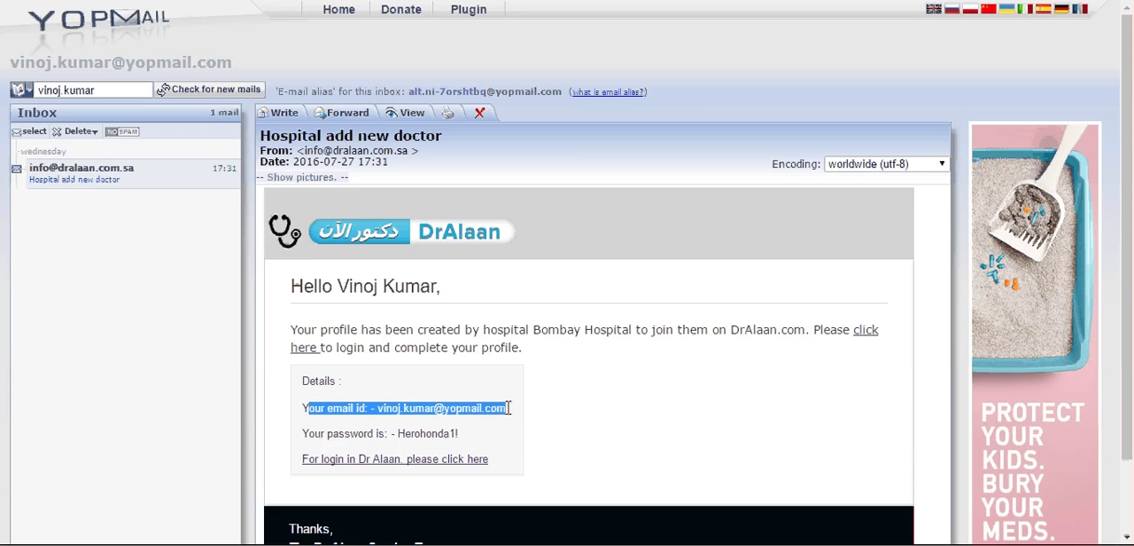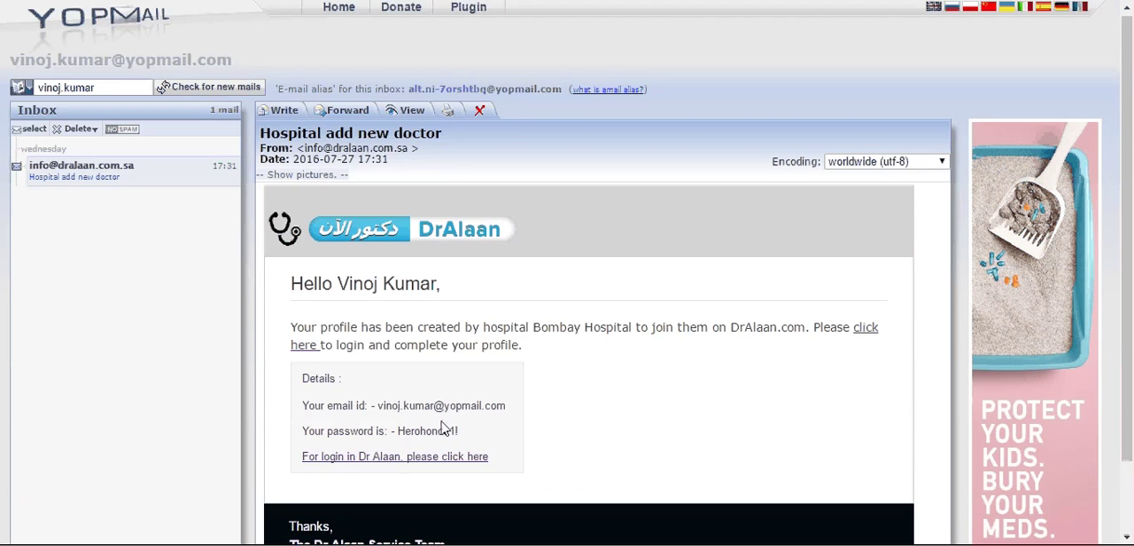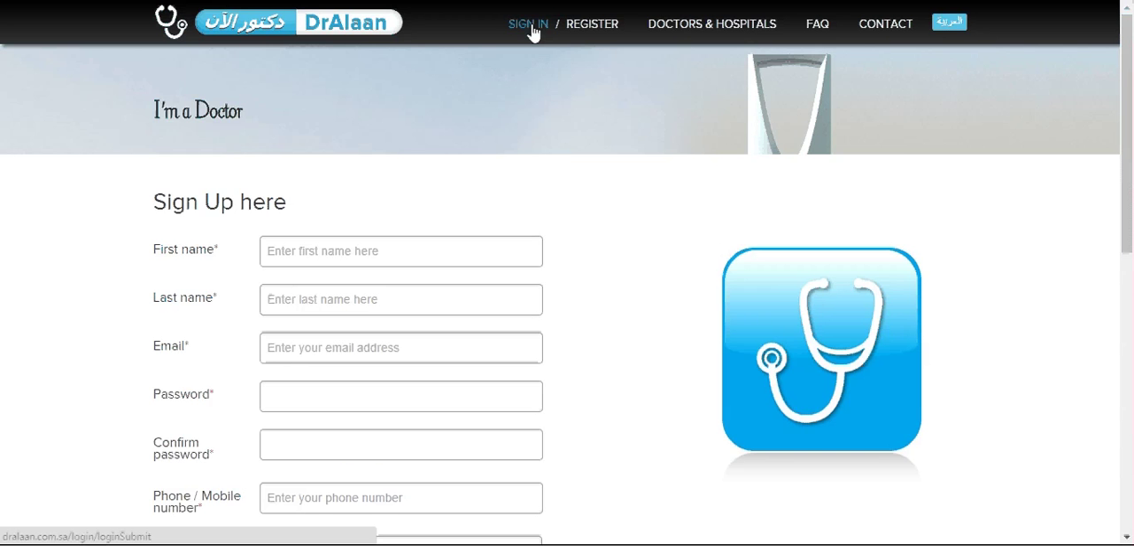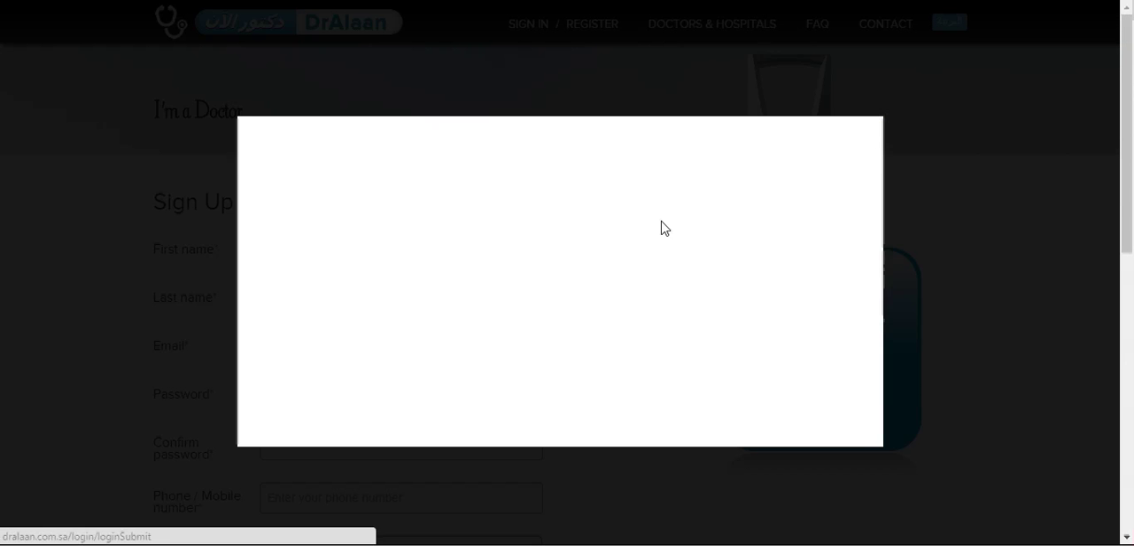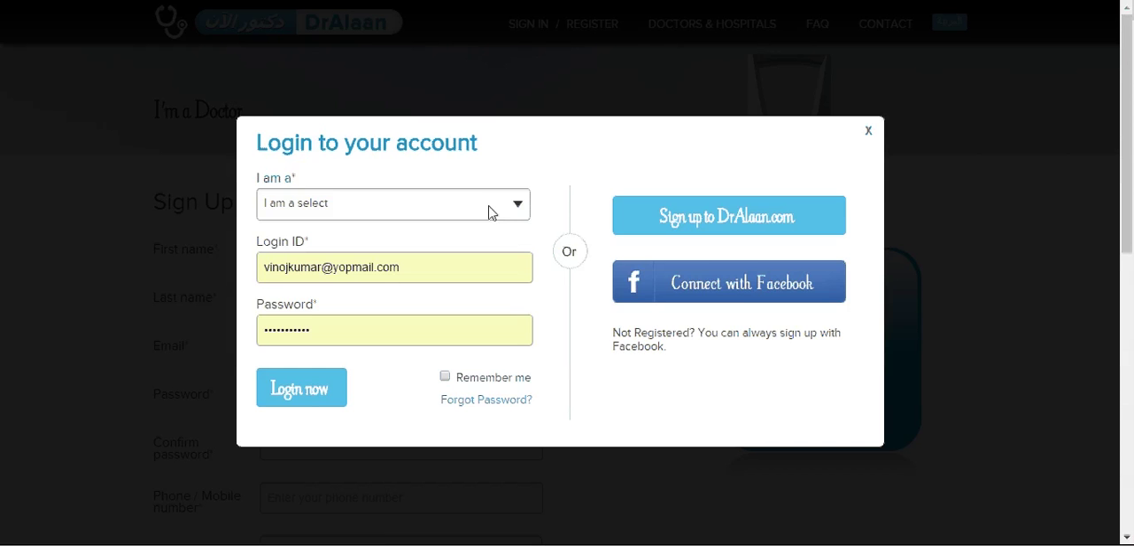Here are my username and the password which have been created as a doctor. Coming back to DrAlaan, I'm just going to the sign in page. Click on the sign in option here, and to sign in, select I am a doctor in the drop down menu. Because if you look here, when I click on the drop down menu, I get three user accounts: the doctor, patient, and the hospital. I want to log into DrAlaan as the doctor now, as I have registered as a doctor. So I'm choosing the user account which says doctor,